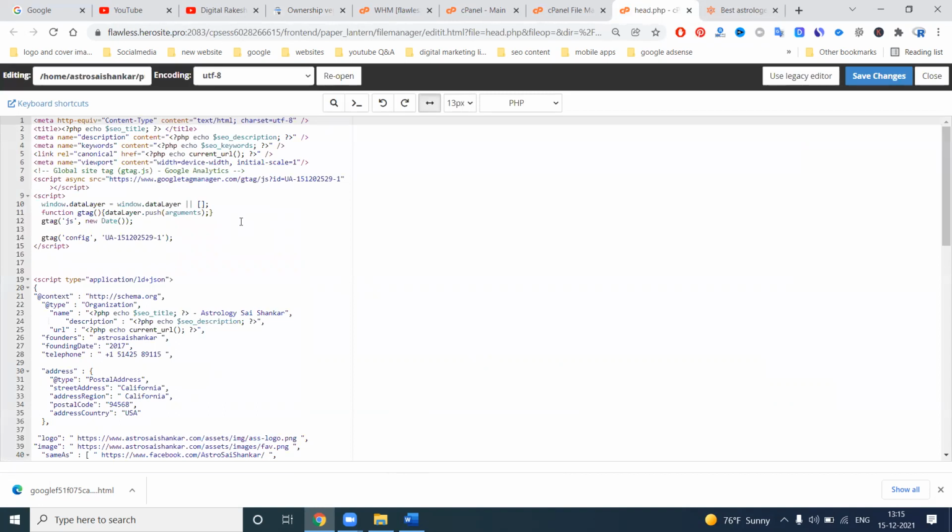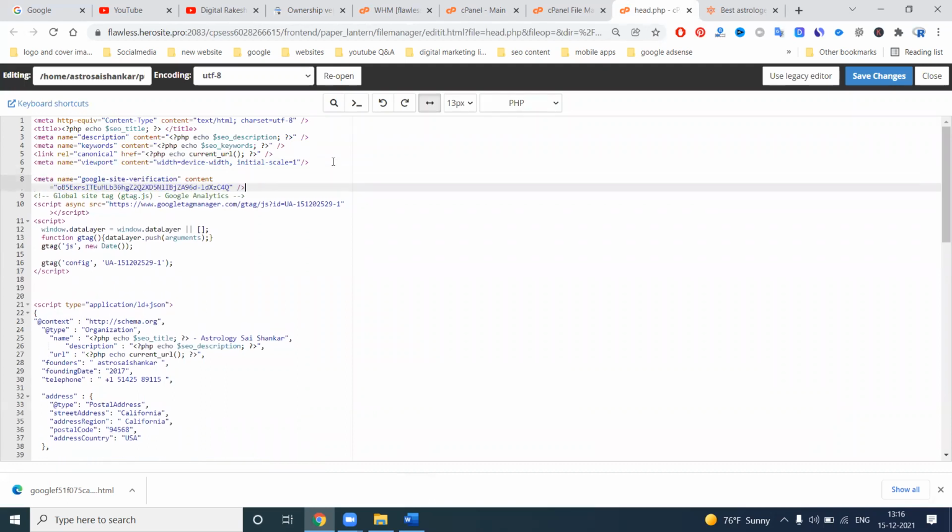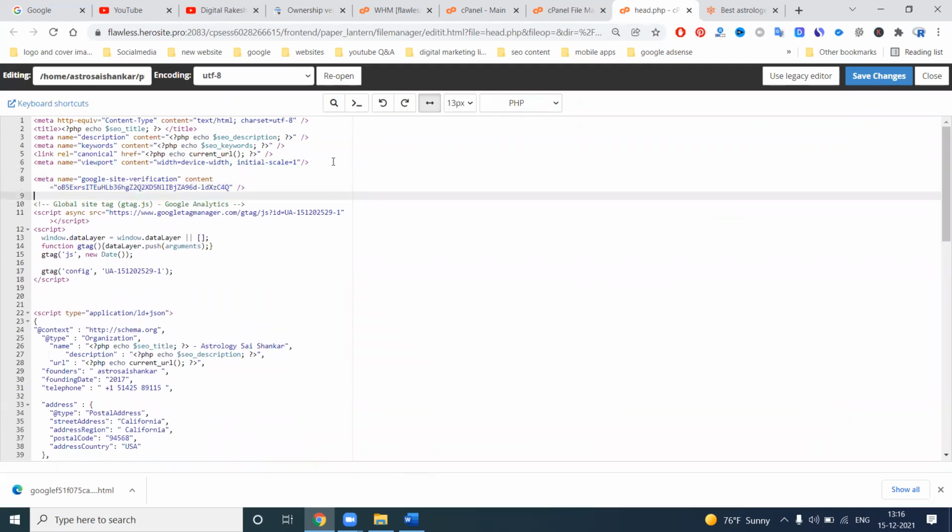Sir, who will create the common header file? The common header file will be created by the developers, not by you or me. Suppose they have not created the common header, you have to inform the developers to please create it. That is very important for activating your code.